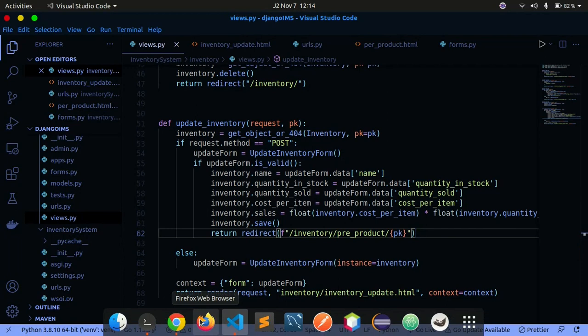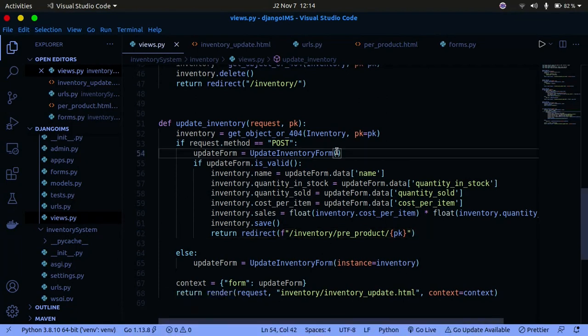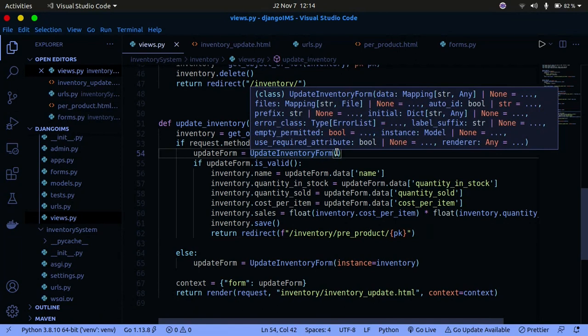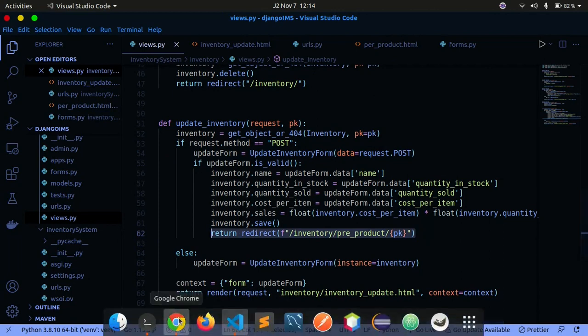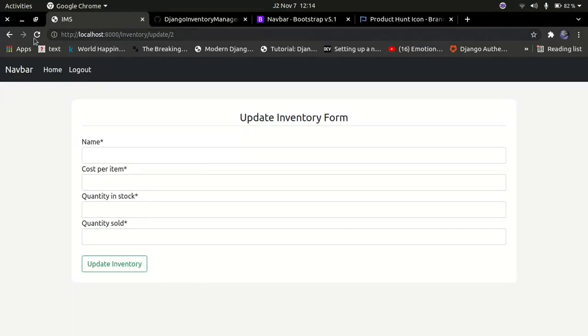Okay, the product is not being updated because here, you see I forgot this again. So we're going to put in the data, and the data is going to be request.POST, right? We need the data in order to update the form, and if the form is updated with the data, this way we can actually save it to the database and redirect the user to this specific page. Okay, so now if I go back to my inventories,